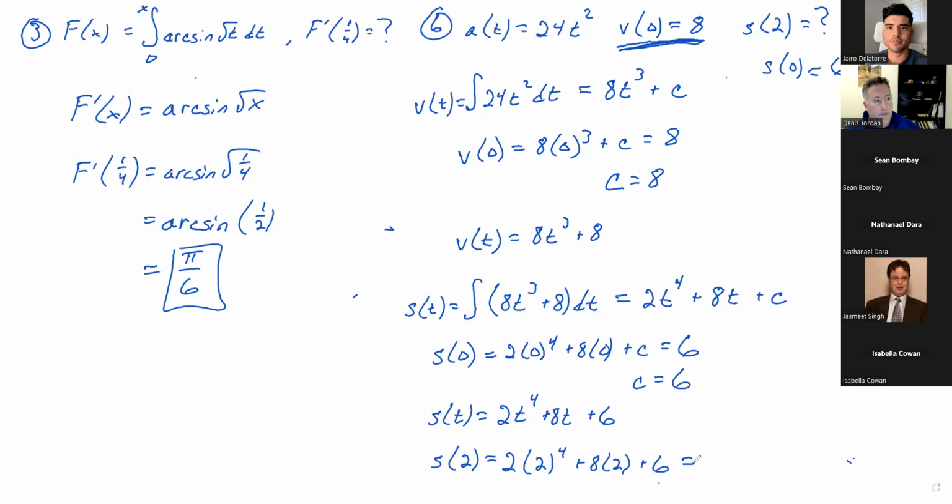What's 2 to the fourth? 16. 16 times 2, 32. 8 times 2, 16. Okay, 16 plus 32, 48. 48 plus 6,